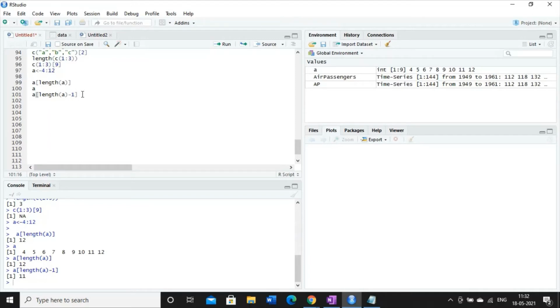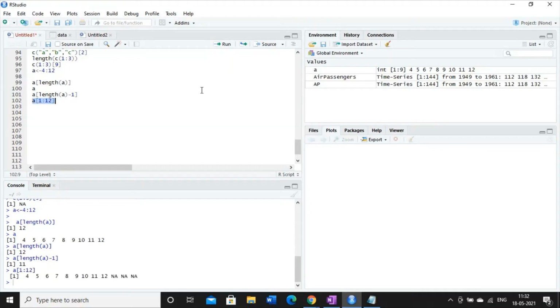However, it is also possible to extract multiple elements from a vector. So if I write simply 1 to 12, now see what the output is.